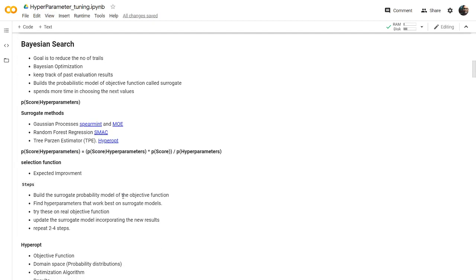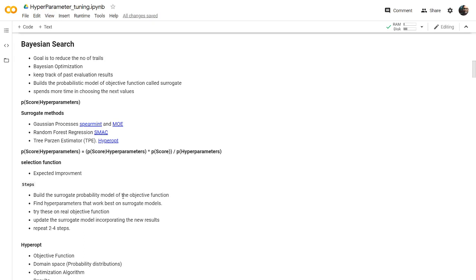The ultimate goal of the Bayesian search is to reduce the number of trials. If you take a grid search and give 10,000 combinations, it will search all the 10,000 combinations. In the same way, in random search, you'll be giving a domain space, and it will pick multiple values. It also takes around 9,000 or 8,000 combinations there.